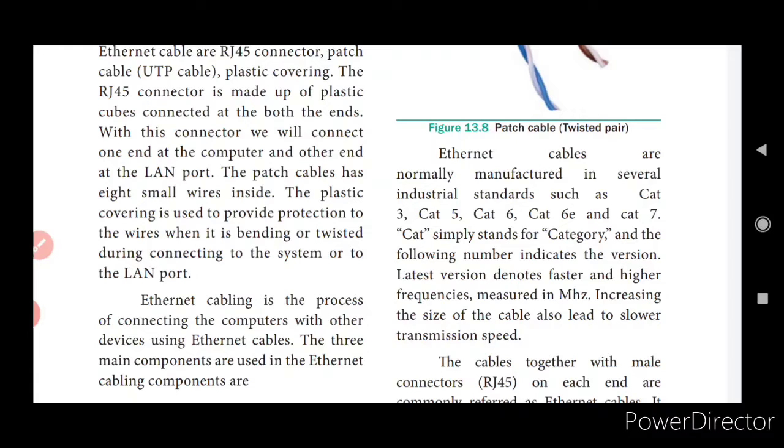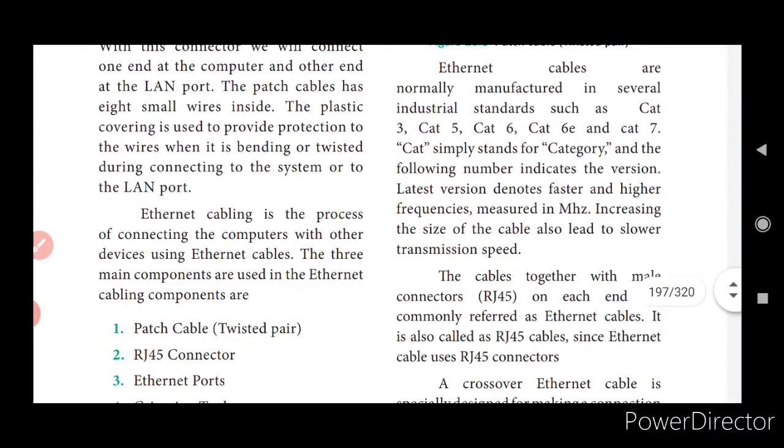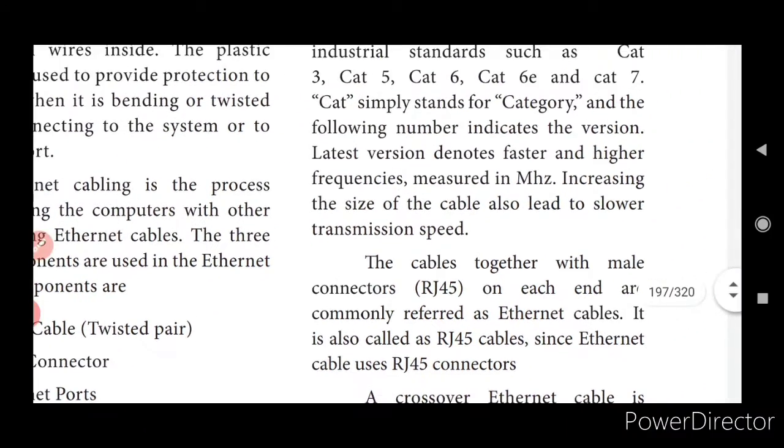What is this Cat meant? Cat means category, and the following number indicates the version. Which number? 3, 5, 6, 7, 6e all indicate the version. Later versions denote faster speeds and higher frequencies measured in hertz. An increase in the size of the cable also leads to a slower transmission rate.